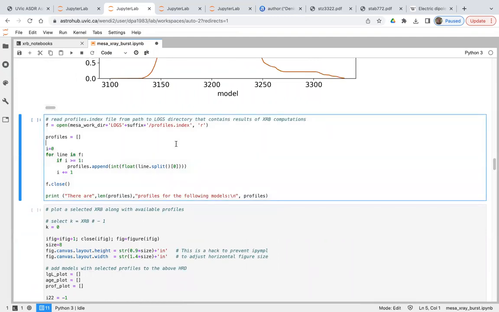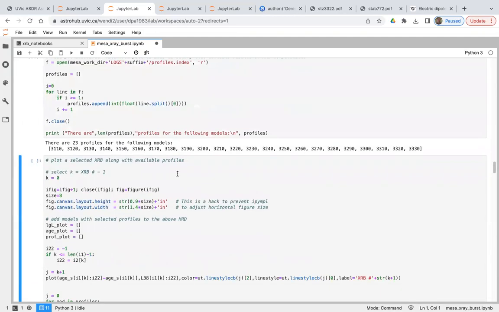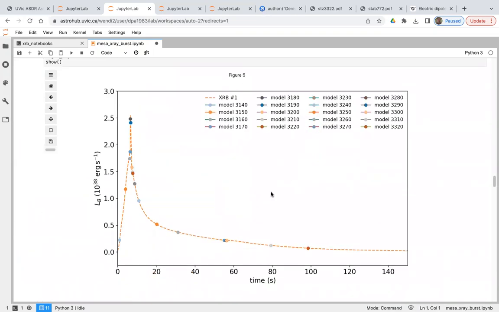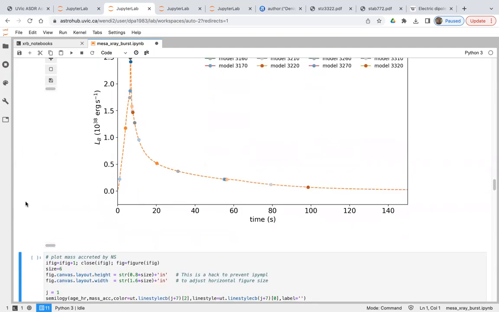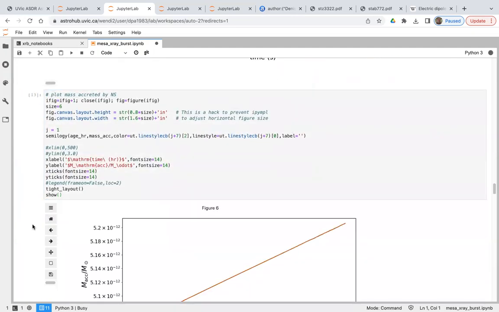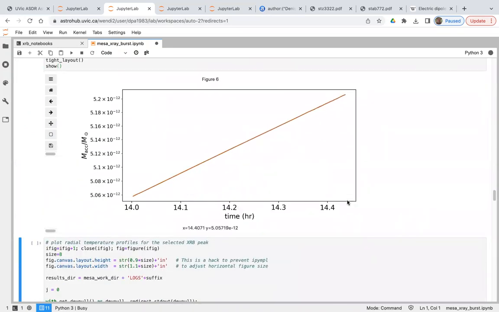Okay, so now we read results. Plot selected X-ray burst. This is the same, the 7th one. You can see this is the same plot that was included in the slides that I showed you. Now plot mass accreted by neutron star. You can see this is, as a function of time, the accreted mass. The accreted mass is very small because the accretion rate is very small here, and the time interval is also small, but this accreted mass, although it's small, is enough to